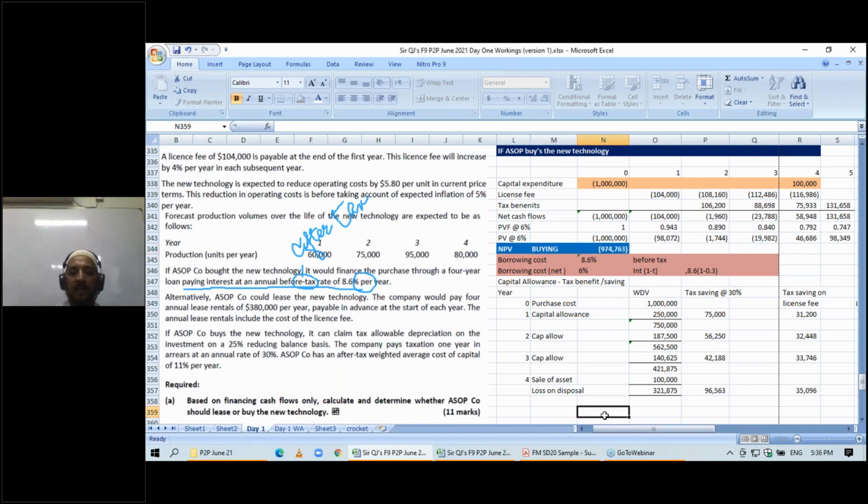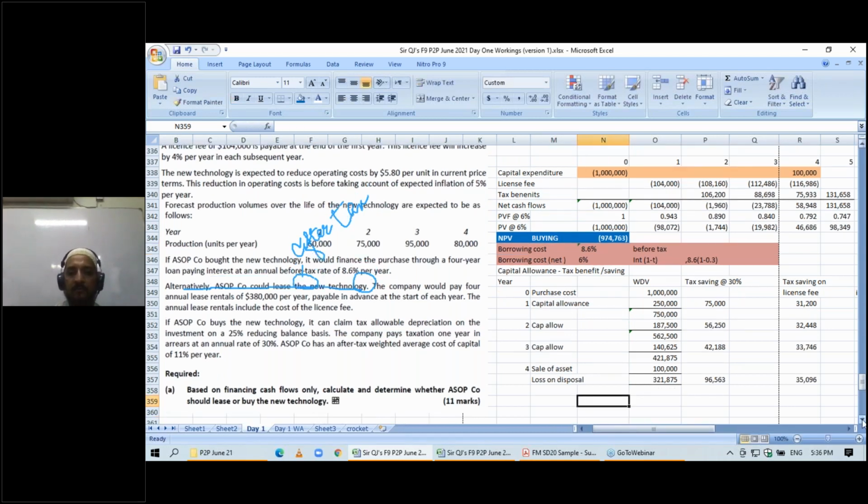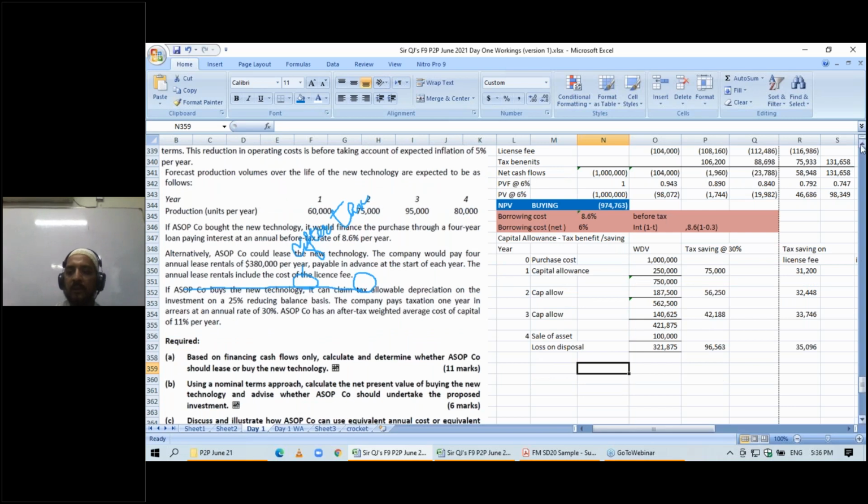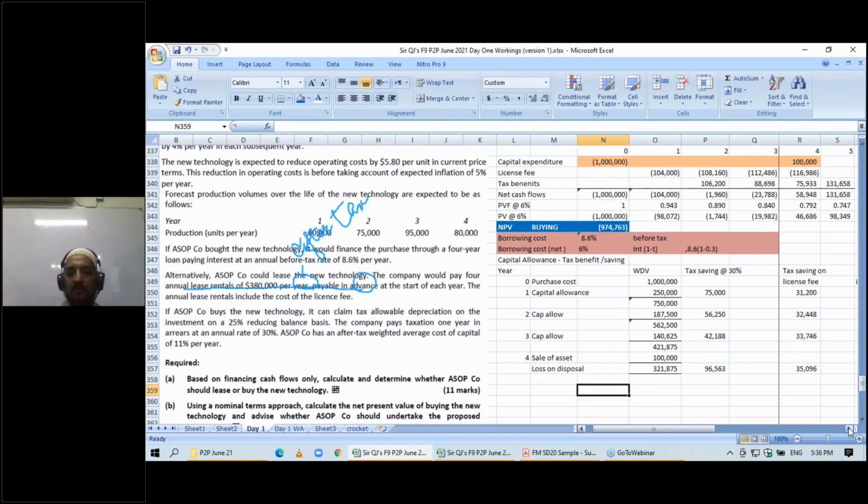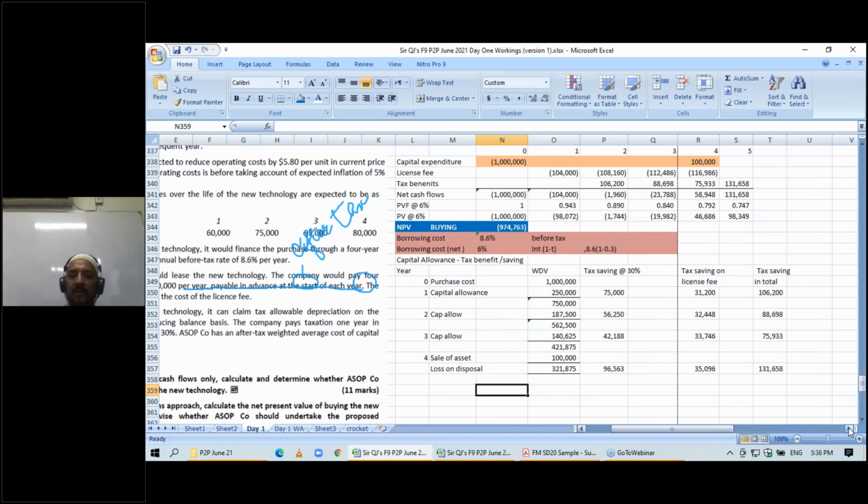Okay, now let's move on to the leasing option. I'm giving you 2 minutes to note it down. So please complete it first, then I'll move on to the leasing option. The leasing option is a shorter one. I'll be using annuities to solve the leasing method, because